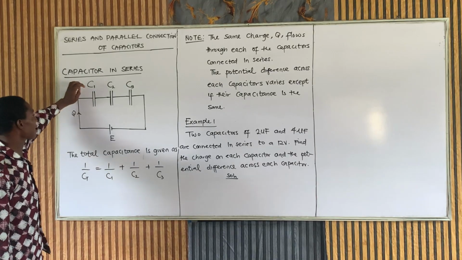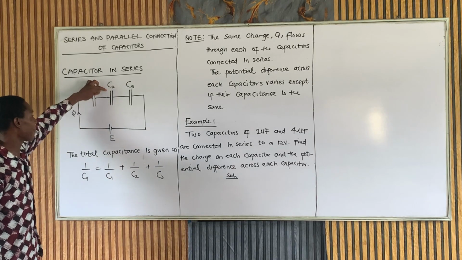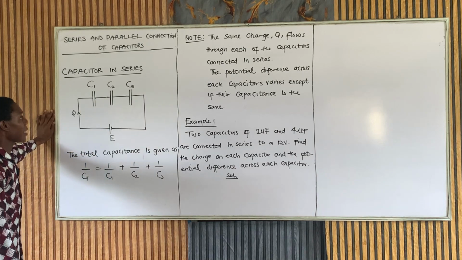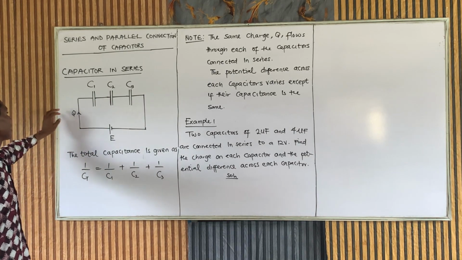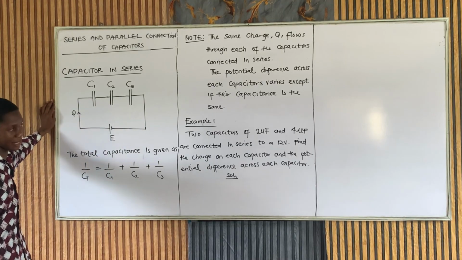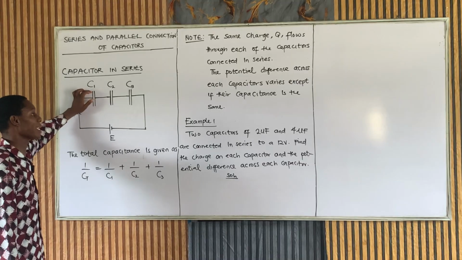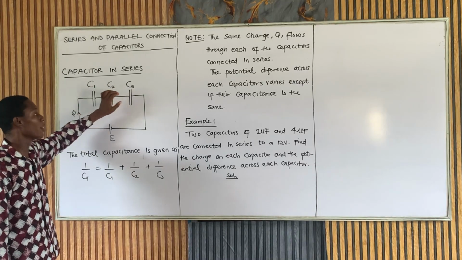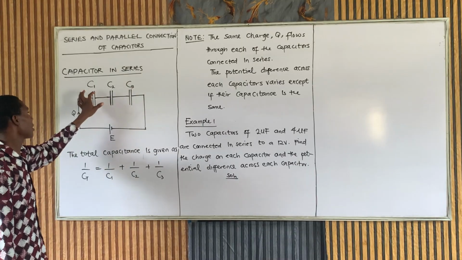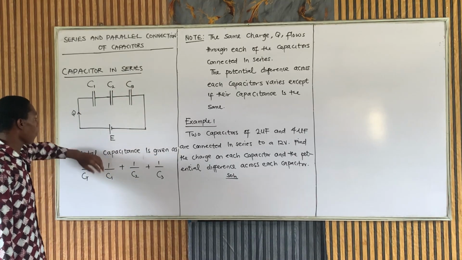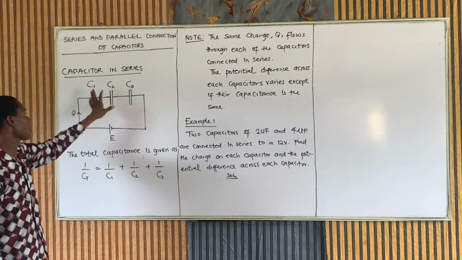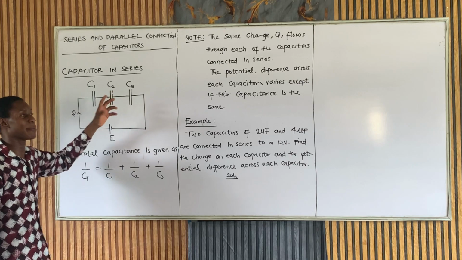capacitor. So the charge in capacitor 1, the charge in capacitor 2, and the charge in capacitor 3 are exactly the same thing. Another thing you need to know is that the voltage across each capacitor varies, except if the value of C1 is the same as the value of C2 and C3. So if their capacitances are the same, then the voltage is the same, but if not, the voltage will divide. So whatever the EMF of the source is, if there is 10 volts, they will share it. Maybe some will take 5, some will take 3, some will take 2, stuff like that, depending on their capacitance